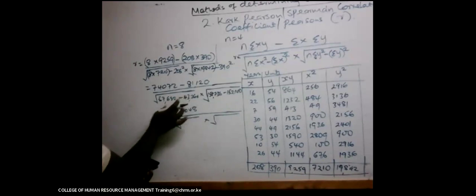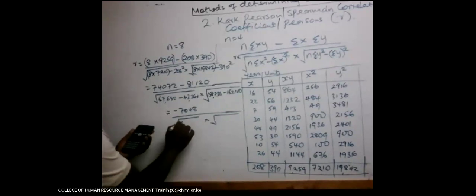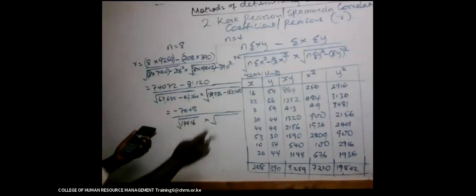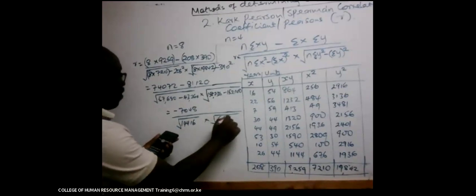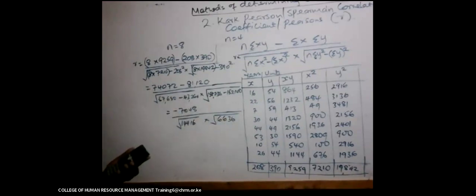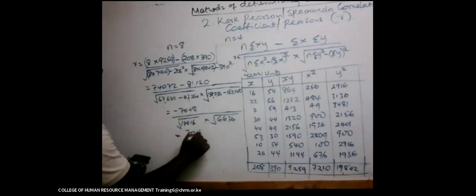You take this 57,680 minus this 43,264. You get 14,416. This minus this, 158,736 minus 152,100, you get 6,636. So this one will be negative 7048,